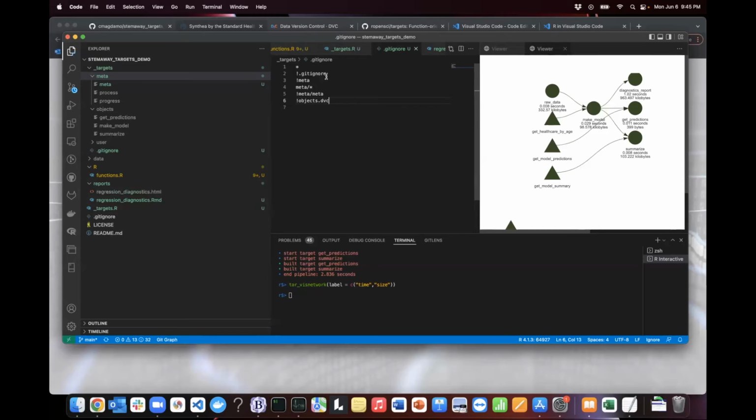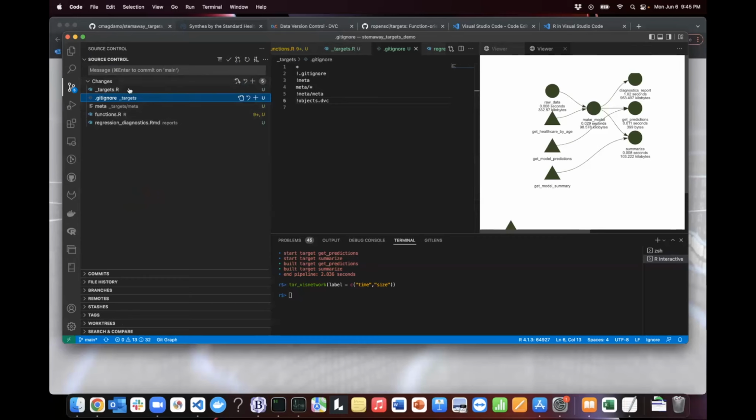So let me go ahead and save this file. And let's go and see what is going on with our source control pane here. What does it say we have as changes? So the U means untracked. We do not currently track this in the Git repository. So again, we have the files that I copied over at the very beginning. We have the metadata for targets, and we have the Git ignore for targets as well. Okay, great. So we now have the ingredients ready to load DVC,